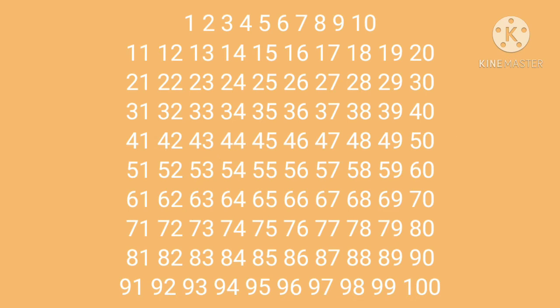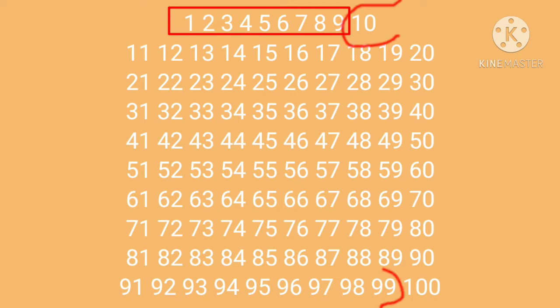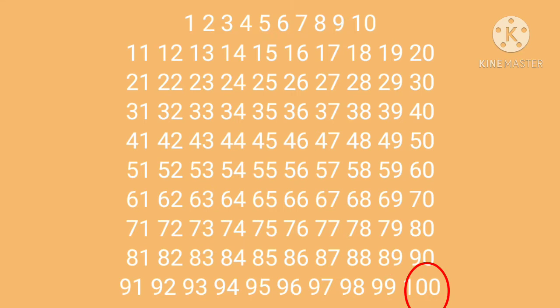See children, here I have written the numbers from 1 to 100. Here we can see 1 digit, 2 digit and 3 digit numbers, isn't it? That is, the numbers from 1 to 9 are called 1 digit numbers. Then the numbers from 10 to 99 are called 2 digit numbers. Then tell me children, how many digits are there in 100? Yes, 3. So we can say that 100 is a 3 digit number and also 100 is the smallest 3